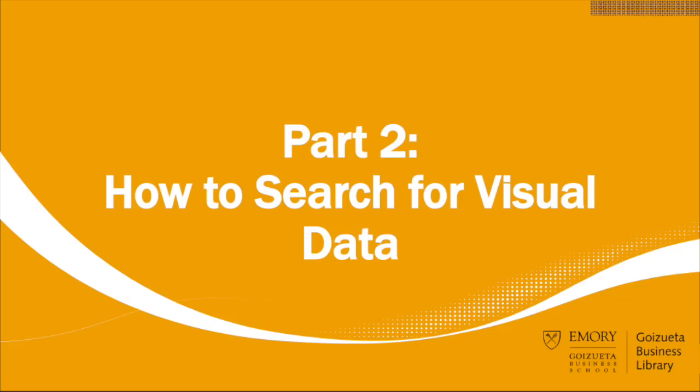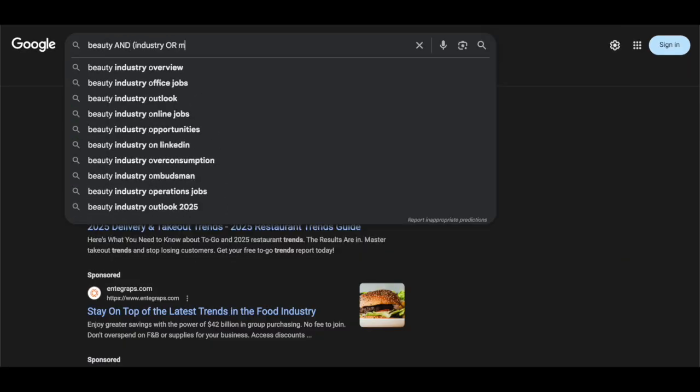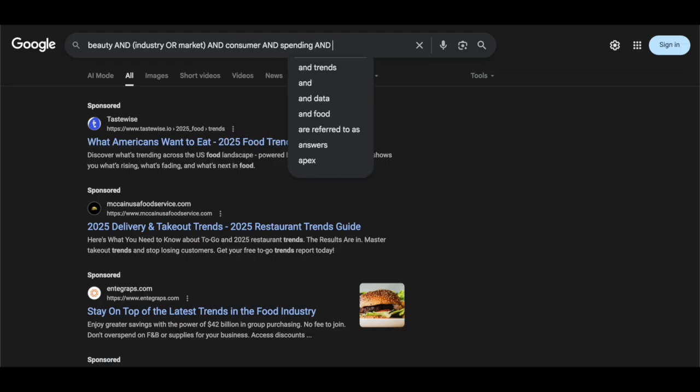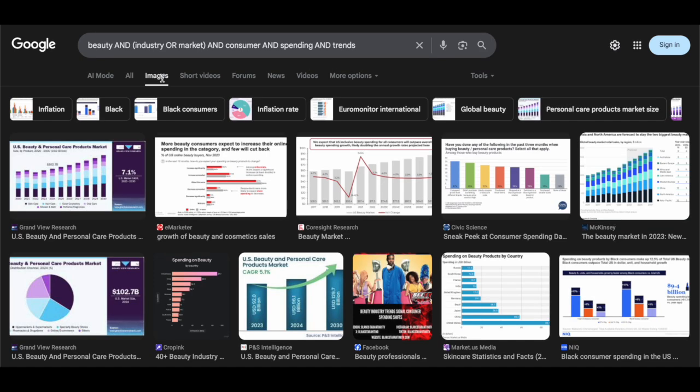Part 2, How to search for visual data. Here's how it works. Run your normal search. For example, we'll do beauty and in parentheses industry or market and consumer and spending and trends. Then click on images. Suddenly, you'll see market size charts, consumer spending breakdowns, and industry forecasts, all ready to explore